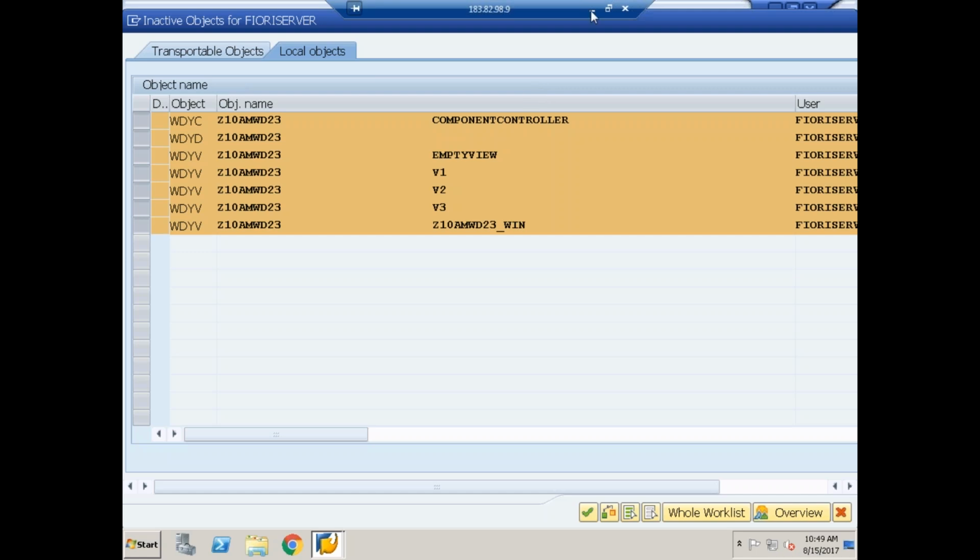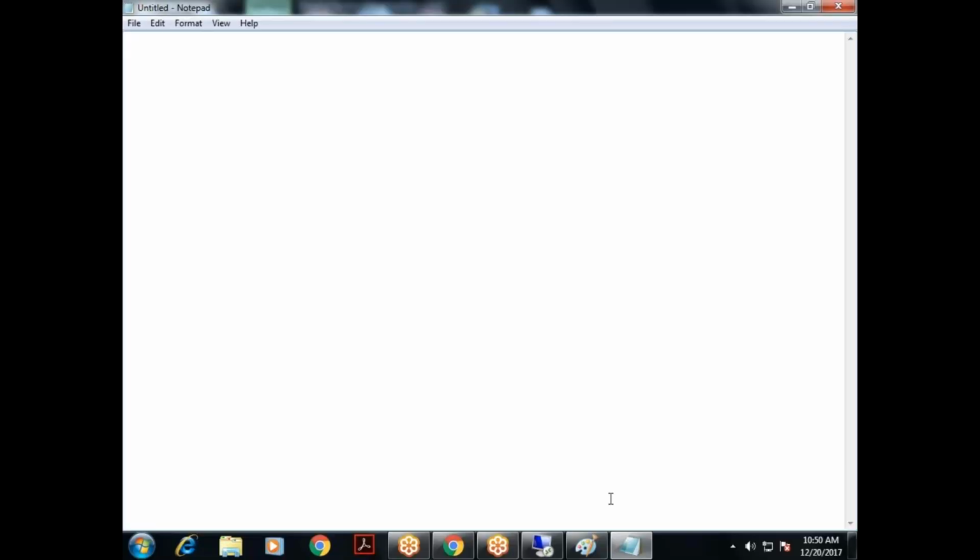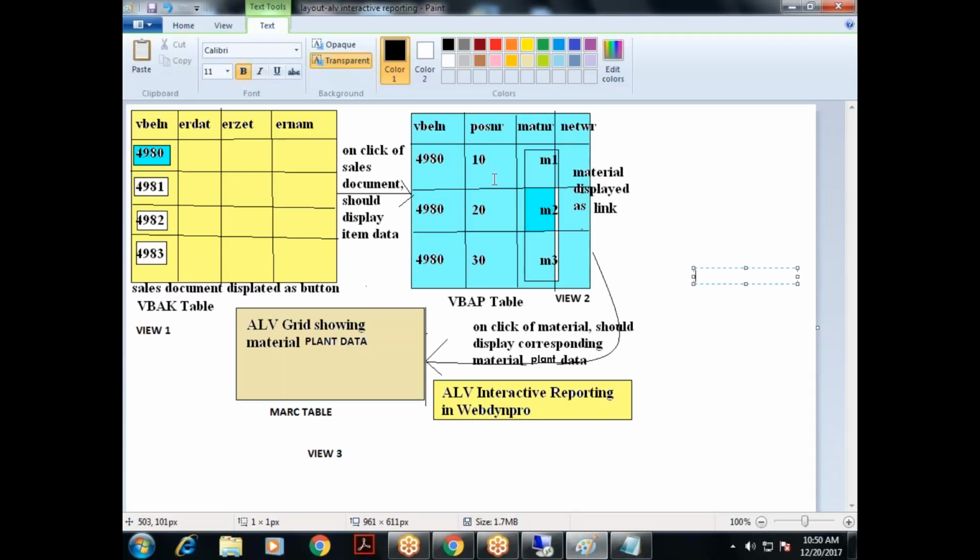Okay, so meanwhile, I'll repeat the process here. I have to display the interactive ALV reporting. So what is the approach I followed? I created three views, V1, V2 and V3. Then since I have to navigate from one view to another view, I require an outbound plug and an inbound plug. So in V1 I created an outbound plug. In V2 I created an outbound plug as well as an inbound plug. And in V3 I created an inbound plug. Then I embedded all these three views to the window level. Then at the window level, I've established the navigation link. The outbound plug of the first view is linked with the inbound plug of the second view. Then the outbound plug of the second view is linked with